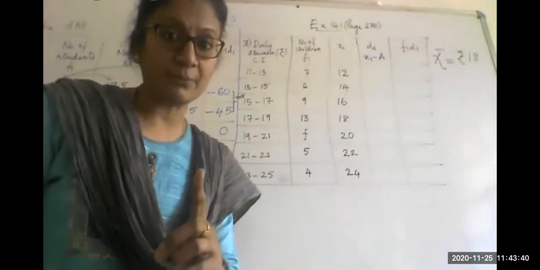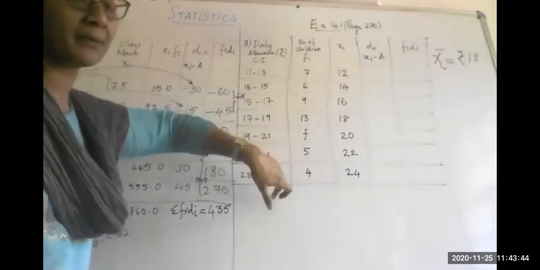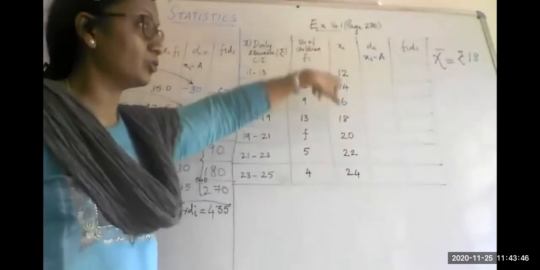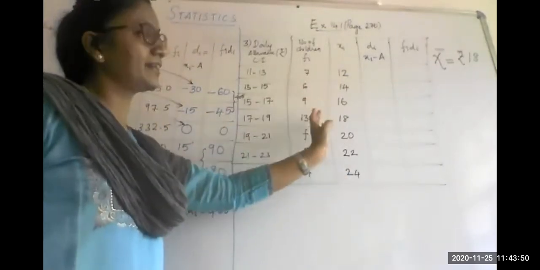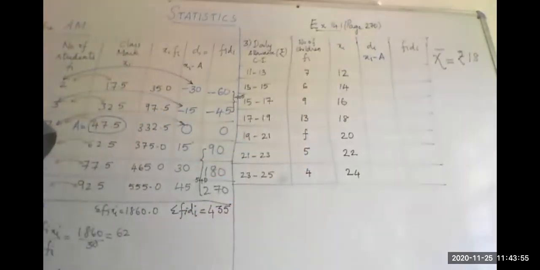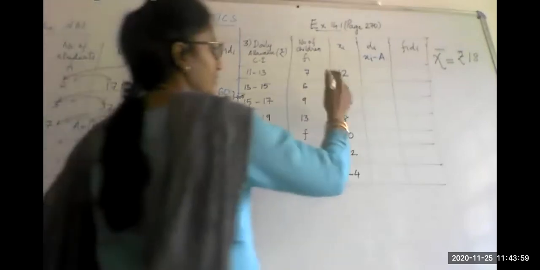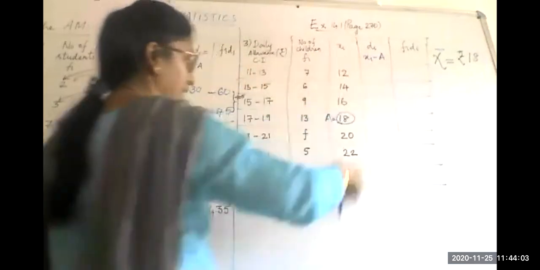This is another common mistake. Some of us will be searching for the assumed mean in the frequency column. In the xi column you have to mark some value as the assumed mean. Try to always come somewhere to the center of the distribution. So which one shall we take? Either 16 or 18? 18. There are 3 entries above and 3 entries below.